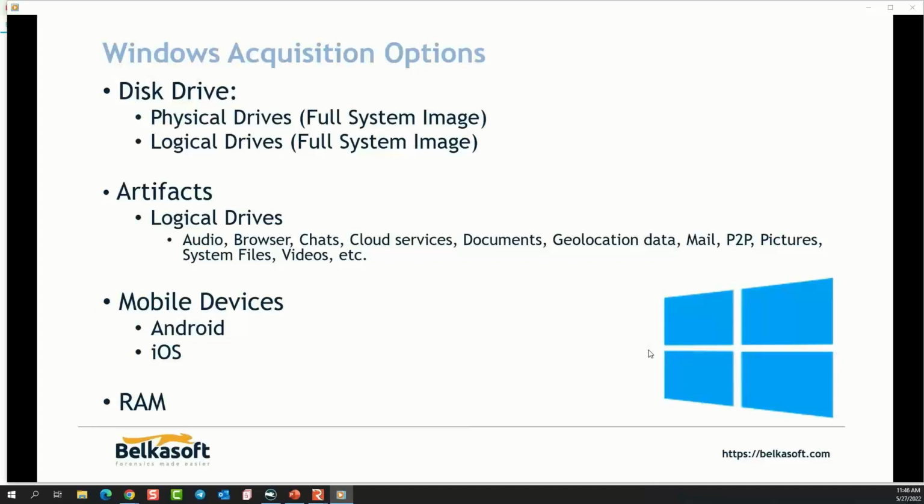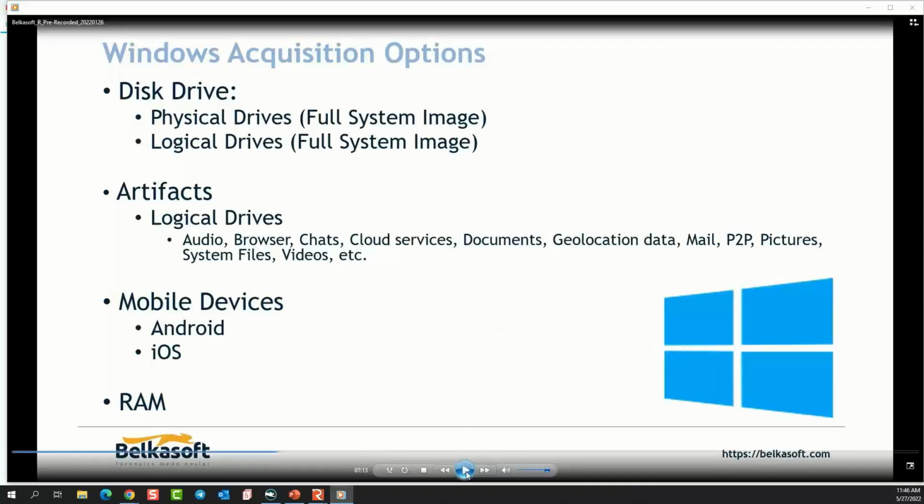Now, it's important to note that Belkasoft does not root devices, nor do they jailbreak devices, but they do support the acquisition of such. Moving into iOS devices, we have the 3 options, basically the same as Android, but in an iOS fashion. So we have an iTunes backup. We have AFC, Apple File Conduit, which is going to be just like MTP and